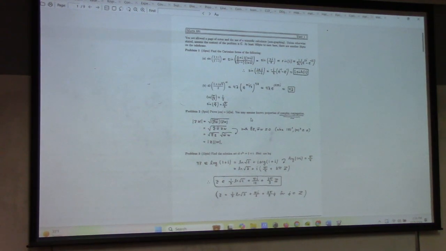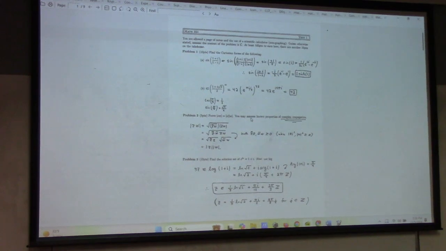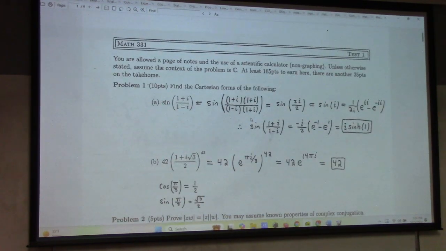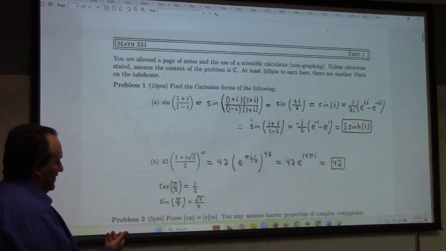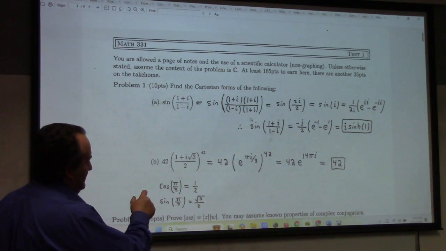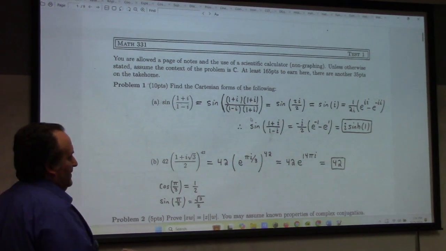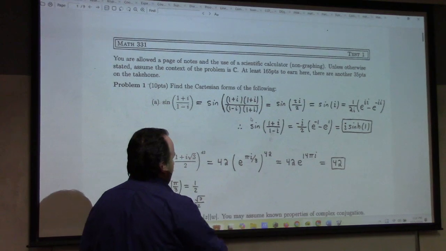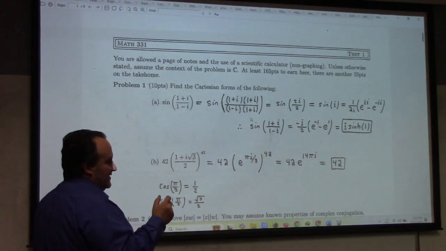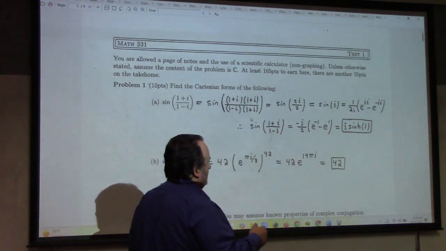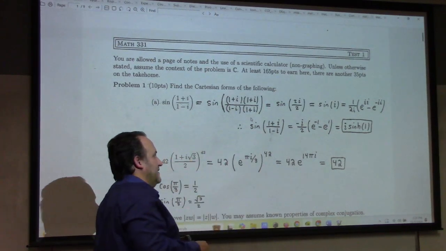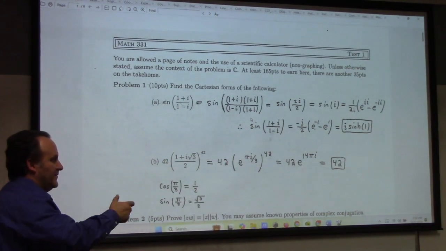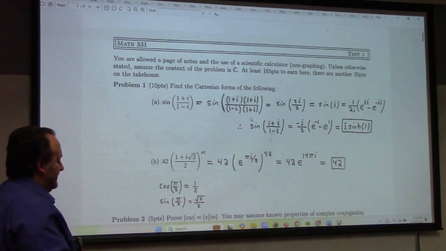Okay, so this is just going back down memory lane here. This is test 1, right? These kinds of things can still be on the final. We started with how to calculate the sine of something. In order to do that effectively, I have to put the input into the sine into its Cartesian form, and then I can go back to the definition of sine. Or if you had on hand the relation between sine and sinh, you could go immediately from this to that. So having the sine, sinh, cosh, cosine conversion formulas handy would be a smart thing to have on a formula